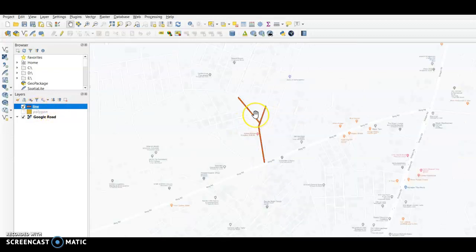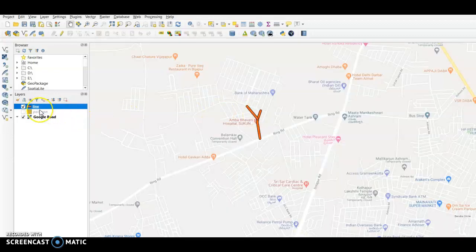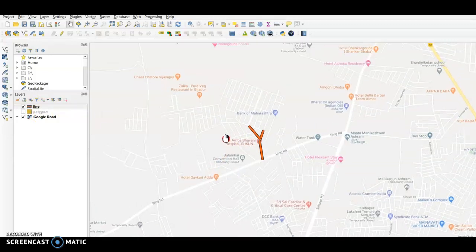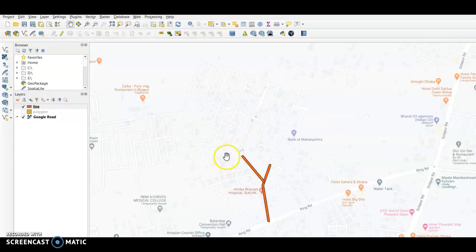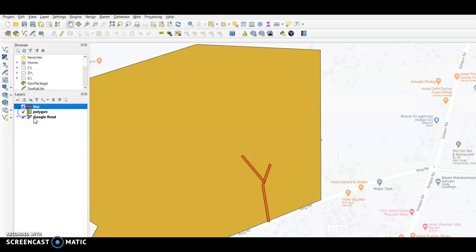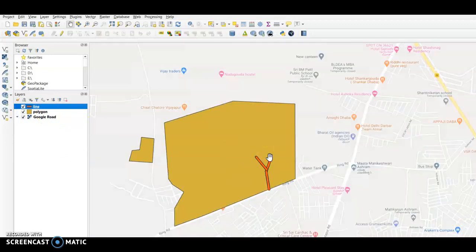Like this, you can keep on drawing n number of roads. For example, I have drawn this as main road. You can draw over here as branch road. These are tertiary roads. You can give any name you want. Based on that, you can draw the roads of this entire layout. That's how it is basically done. I'll show you this part now. See here, this is the polygon. These are the roads. This is how it is generated.